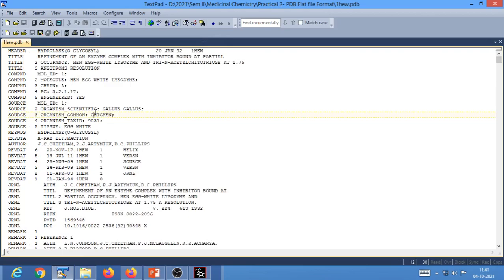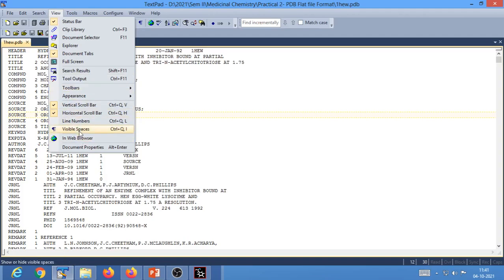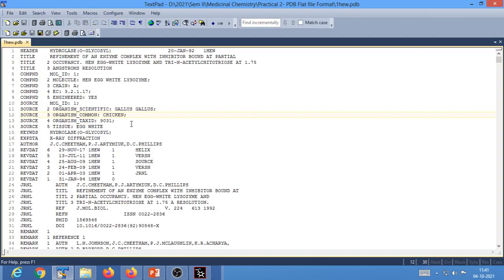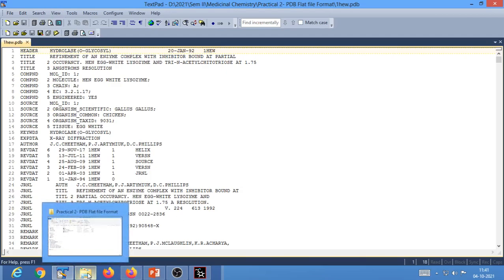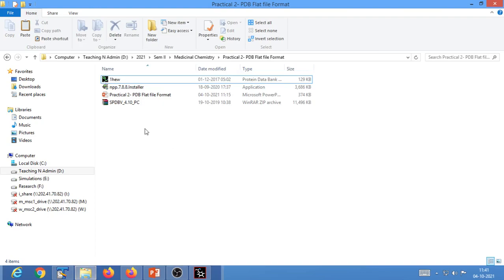Well, now let us focus on how the structural data is arranged, or in other words, we would be discussing what the PDB flat file format is. Say for example, let us view the line numbers. For the sake of simplicity, the PDB file that we would be dealing with most of the time in our practical session